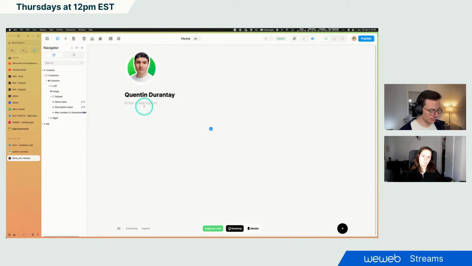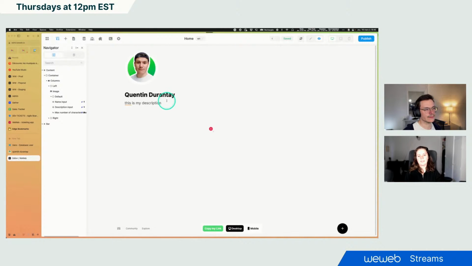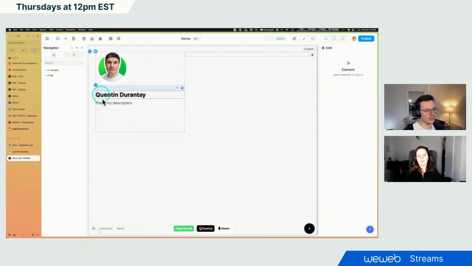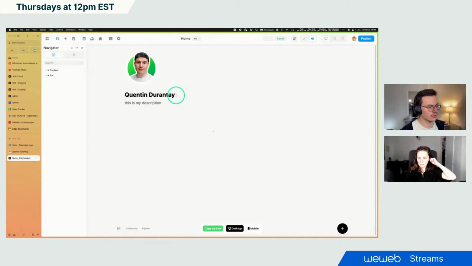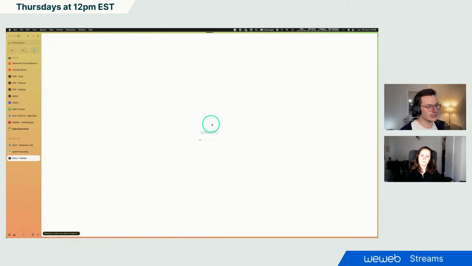So now if I enter a description, this is my description. Should be saved in Xano. Okay, this works. Yay. Nice. So if I refresh, it's taking a bit of time just to fetch the values, but you see, I got my values and everything is dynamic. So if I were to change the name and if I change the backend also, it will work. If I put back my name and I refresh,